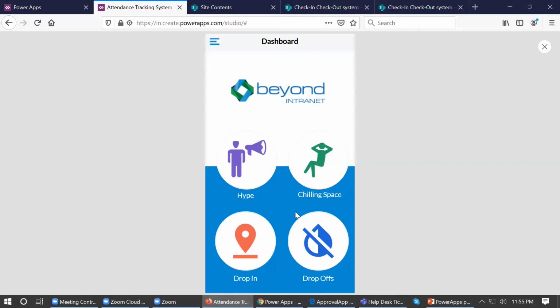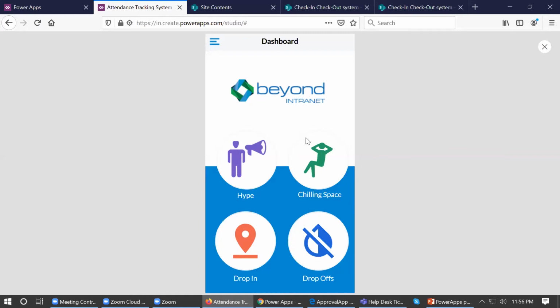So this is the first application. We call it the attendance tracking system. Now, this is one of the apps we have developed for our Australia-based client. Our client organizes different events in different cities, and their staff needs to track the attendance of the attendees there. Earlier, they were doing it manually by maintaining a register, and now they are using Power Apps.